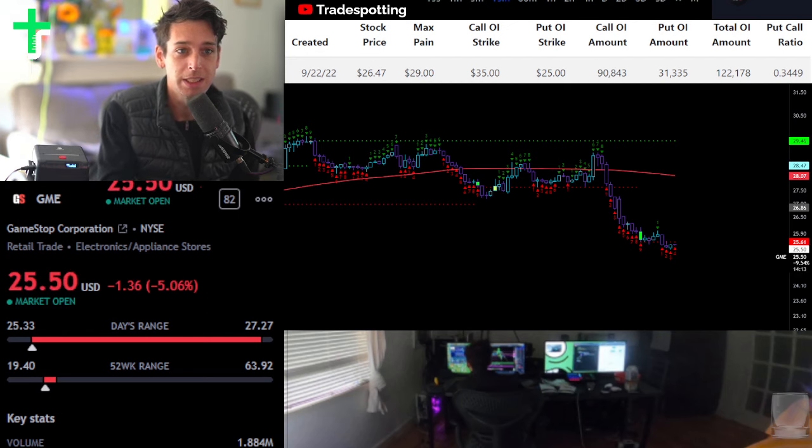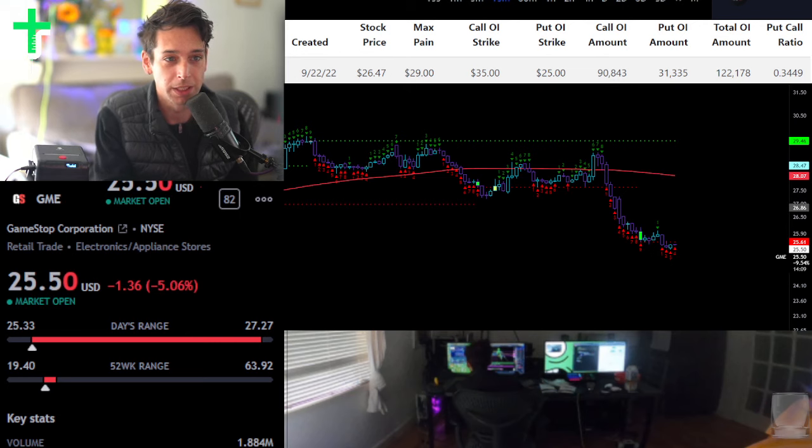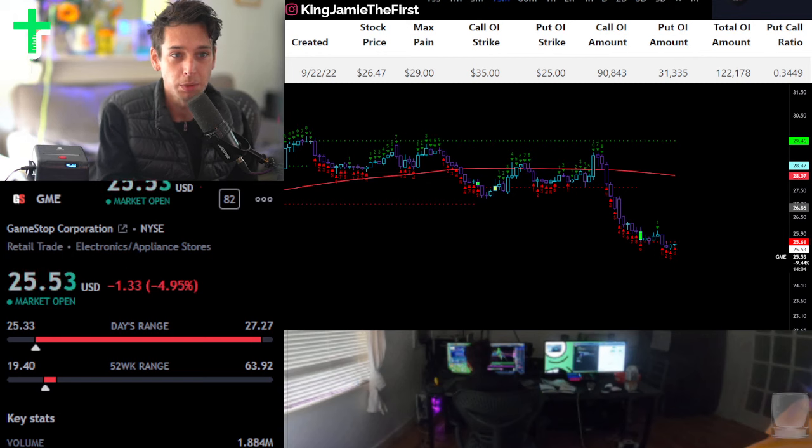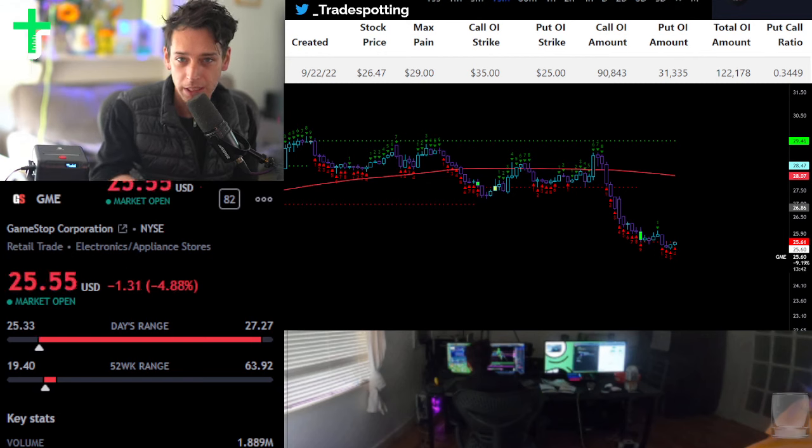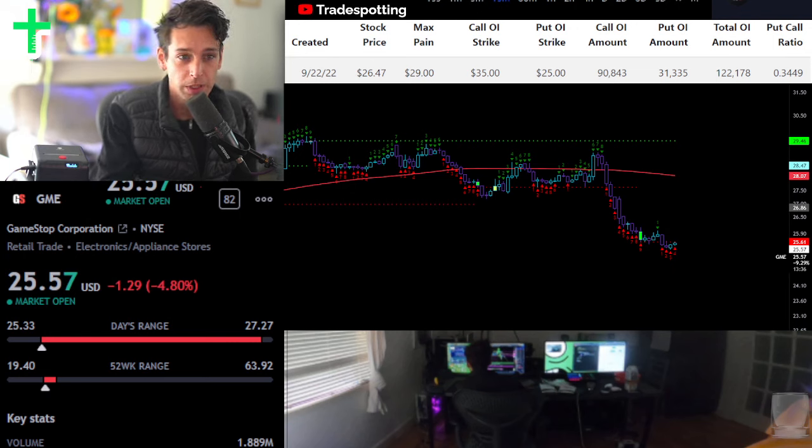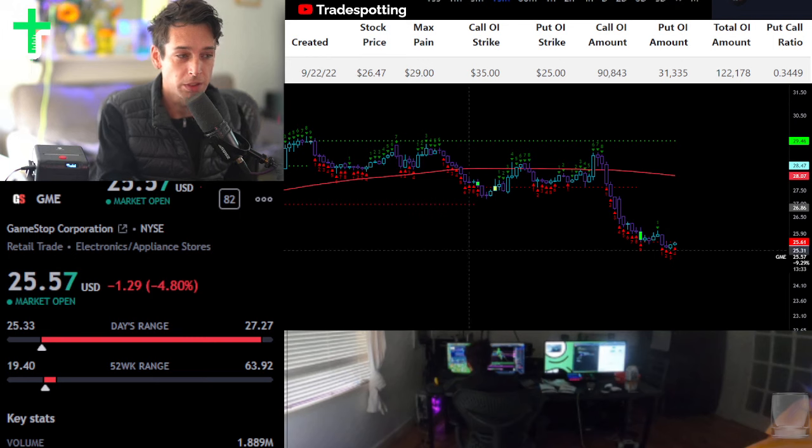That'd be resistance. Should we even go to the topside significantly, that would be where you'd expect resistance, and put open interest strike, that's where we expect support at this stage of the trend based on the current open interest picture, which is very close now to the $25 level,